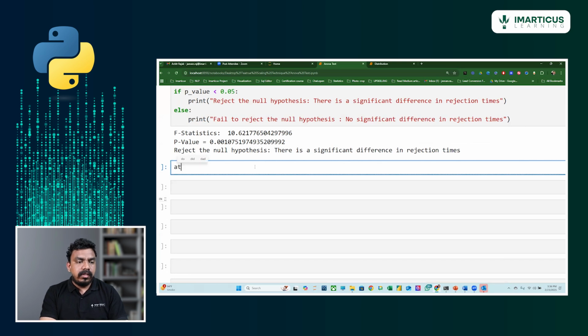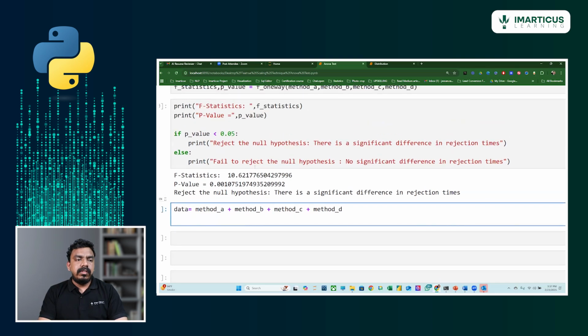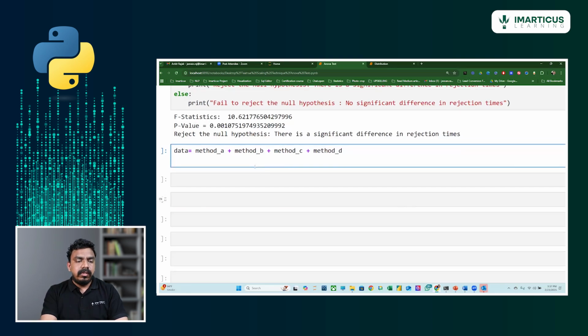You can just write data is equal to method A plus method B plus method C plus method D. So, you have provided all the four methods that are present above. Now you can just write groups is equal to